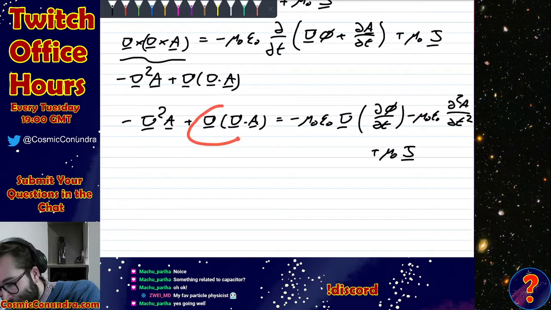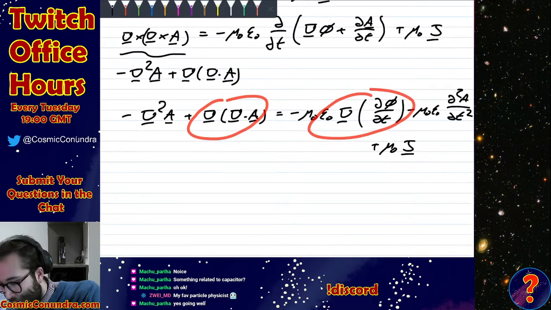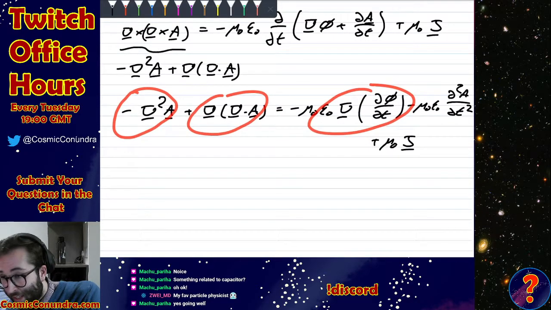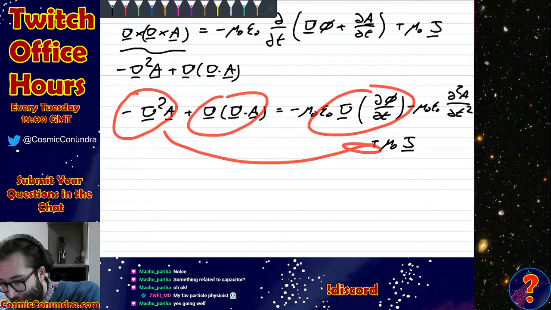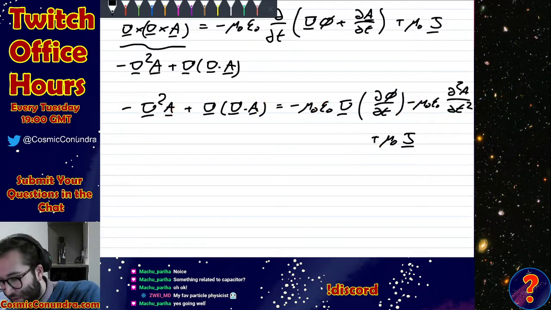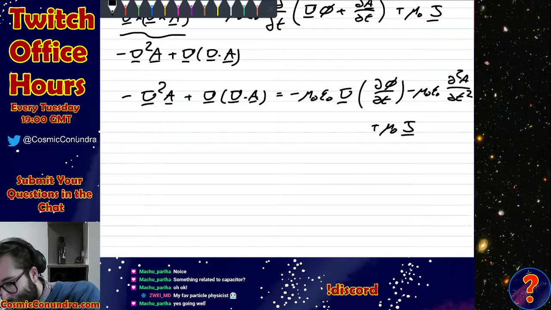So I've got two terms that both have a grad outside of the front, and I want to bring those together. And what I also want to do is bring this Laplacian of A over here onto the right-hand side, so it can join up and be together with the time derivative. So I'm going to do some juggling, and that gives me minus mu naught epsilon naught time derivative. Oh, this is a vector. This should be underlined. Second time derivative of A plus Laplacian of A,